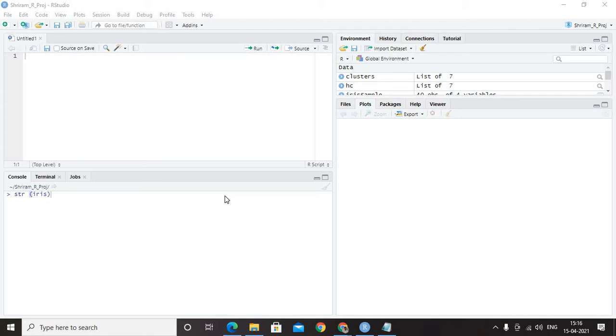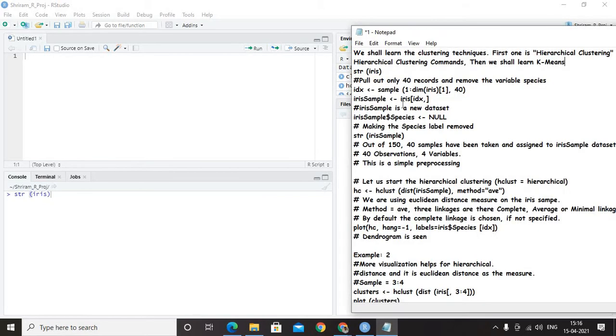So I'm going to talk about clustering and the various visualization options that are available with the R tool for clustering. There are two types of clustering that we will look into. We will start with hierarchical clustering, then we will go on to the next type, k-means clustering. It will be a little longer session, probably around 15 minutes for us to complete everything, but again it's a very interesting session.